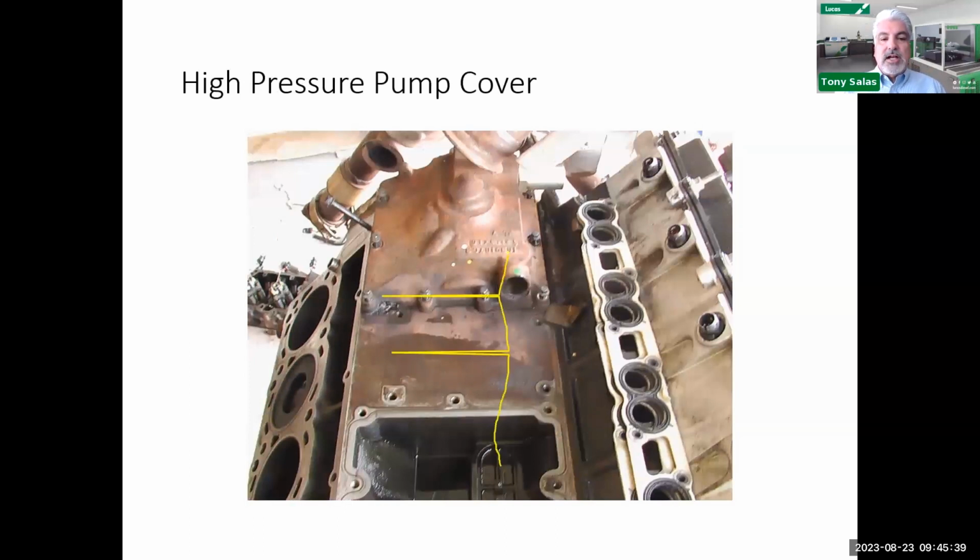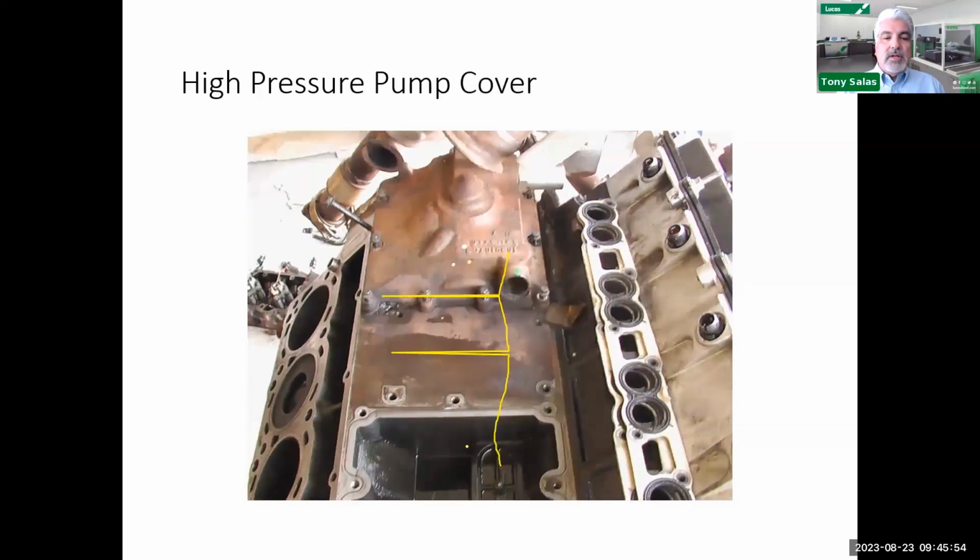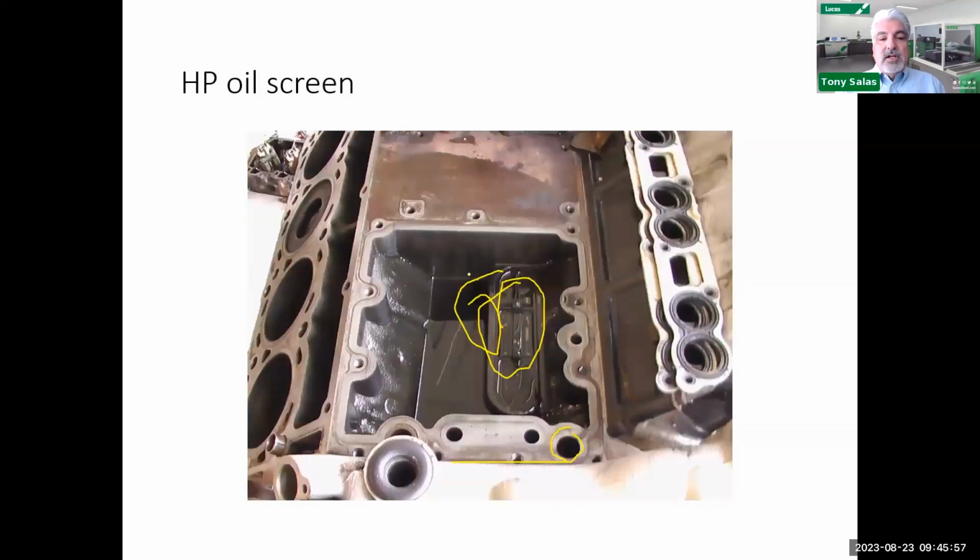There's a passage here that goes to the high pressure oil pump. So as we look closer here, you're going to see the cover removed, and obviously you're going to see oil go to the bottom fed. So this is a bottom fed engine oil pump. This is the high pressure oil pump, so engine oil pressure goes in there. But what nobody realizes, let me backtrack over here. You're going to find out that this passage in here, that whole area right there where that reservoir's at, that's pressurized oil in there. That's why when we do oil coolers, we tend to put around this whole cover area right there,